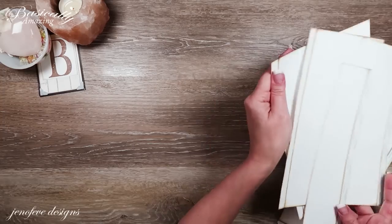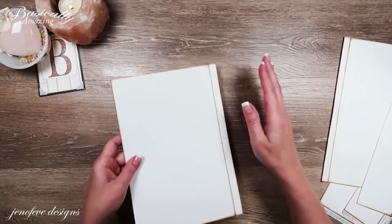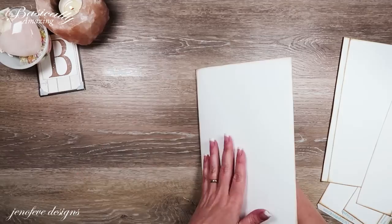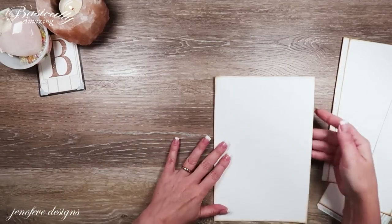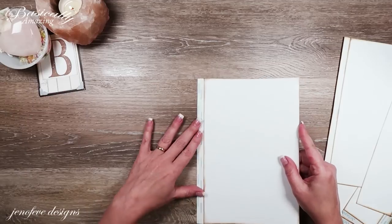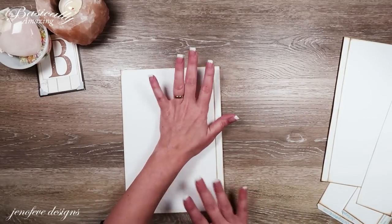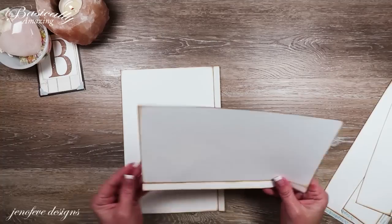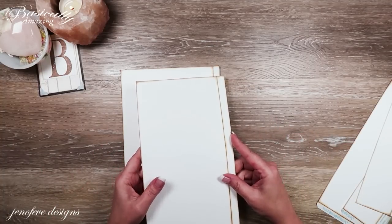Alright, so what we have here is the main base page B. So this is going to be attached onto the spine fin of the book. So it's going to go like this. So this is going to match up to the back of that page. So we got that. And then this is main base page